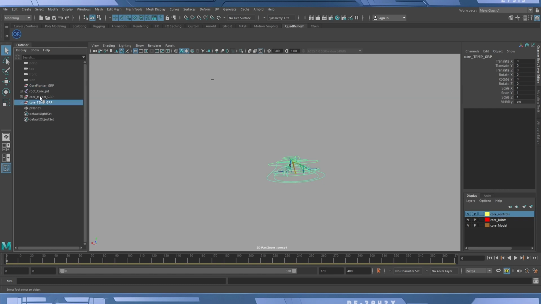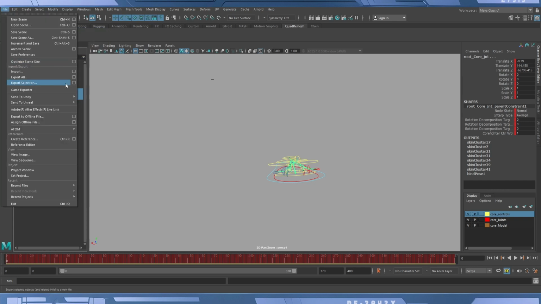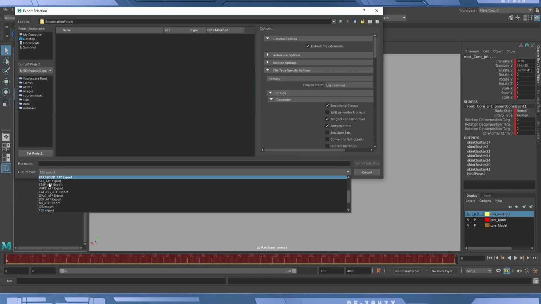So I've got all my model geometry right here. I'm going to select that, and then I've got my core root right here. So I'm going to select those. Those are the only two things I'm working with. The control curves, we're not going to export those. We're not going to export anything else. Just the joints right here, and then the grouping right here. Just beautiful. So I'm going to go up here to File and Export Selection,